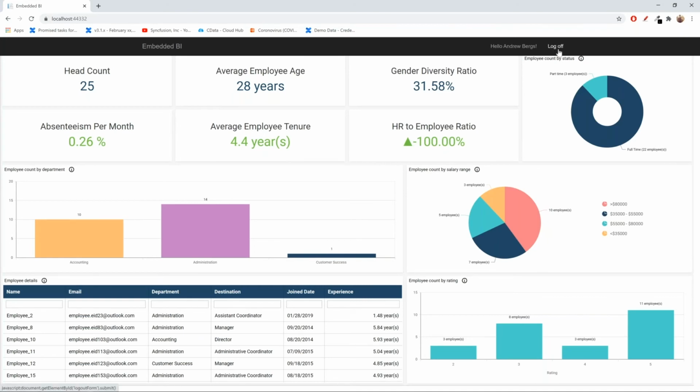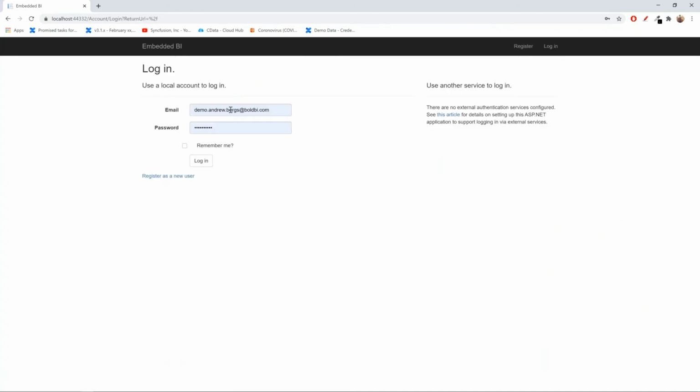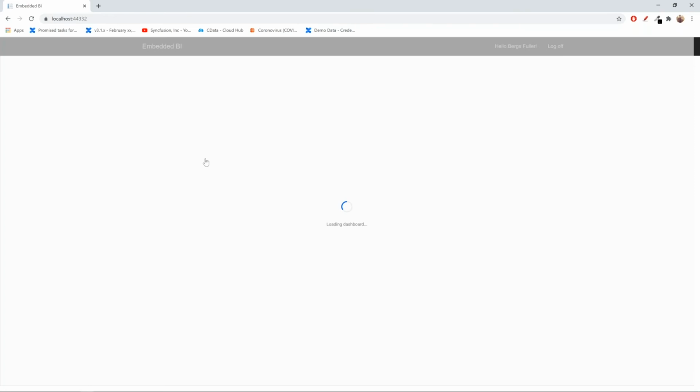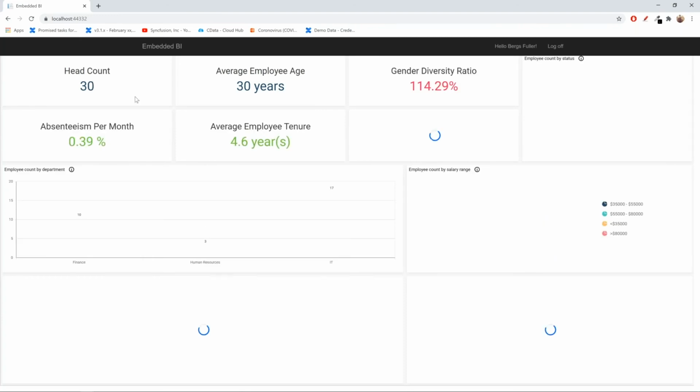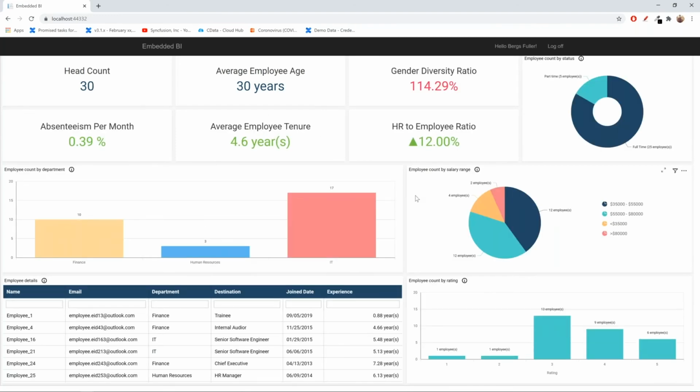Let me log off and sign in as a different user. You can see the data is now changed for the other user, Burks, who logged in.